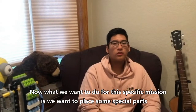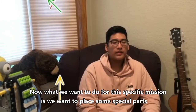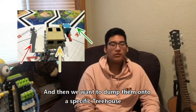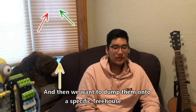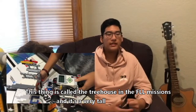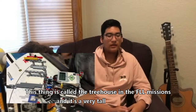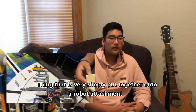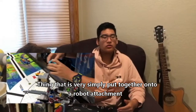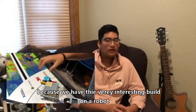Now, what we want to do for this specific mission is place some special parts and then dump them onto a specific treehouse. This thing is called a treehouse in the FLL missions, and it's a very tall thing that is very simply put together onto our robot attachment because we have this very interesting build on our